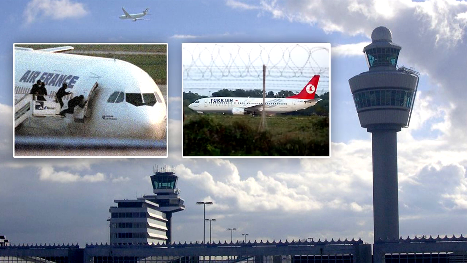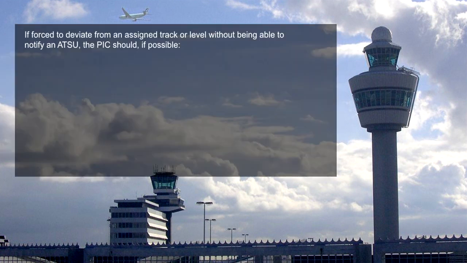Specifically, unless conditions dictate otherwise, the PIC is to attempt to continue to fly the assigned track at the assigned level, at least until able to notify an ATSU or until within radar coverage of a radar unit. If forced to deviate from an assigned track or level without being able to notify an ATSU, the PIC should,